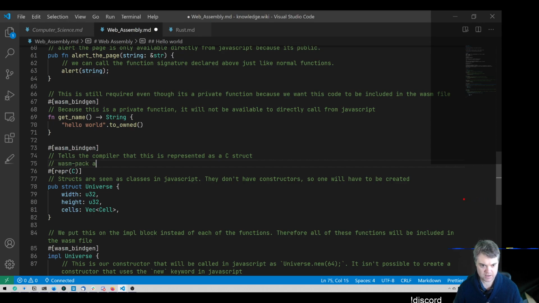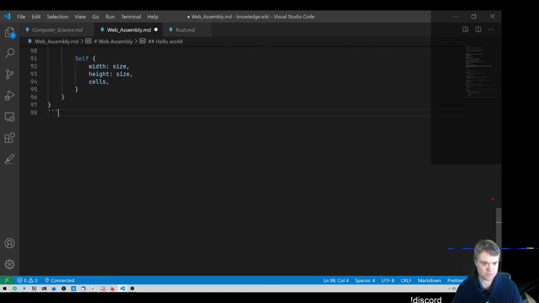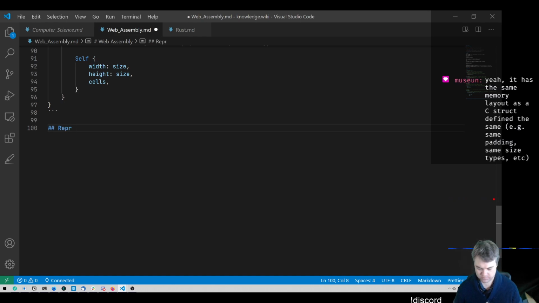Wasm pack auto puts this in, so we don't need it in our code. But our representations, we can maybe add those in. So what we probably want to do is